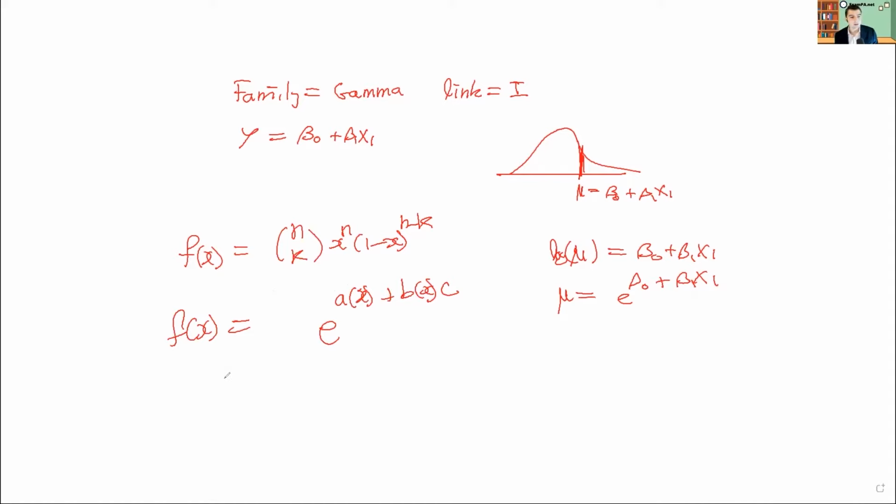And then each of these components, a, b, and c, when they're set to different values, results in different distributions. Like if you set this part to 0, you just get an exponential random variable. And the canonical link function is the mathematical